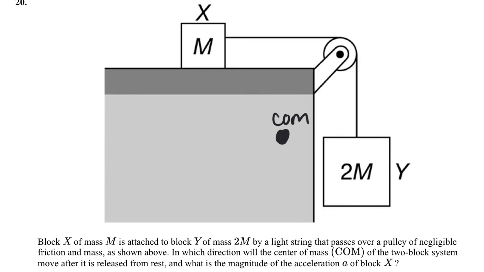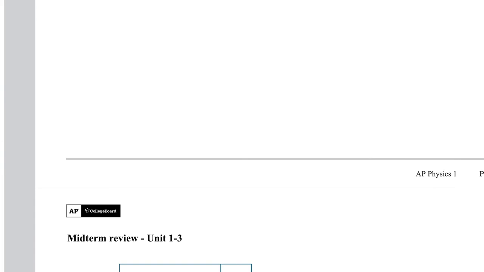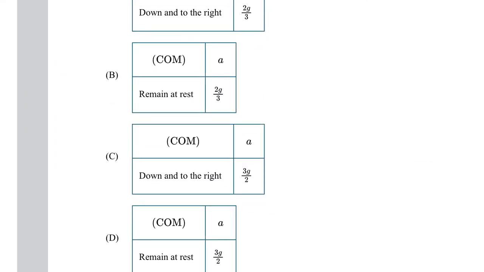After it's released from rest, what is the magnitude of acceleration? So I need to find first, where is my center of mass going to be? So my center of mass is going to be down and to the right. I know it's not going to be B and D. I know it is going to be down and to the right because this object,